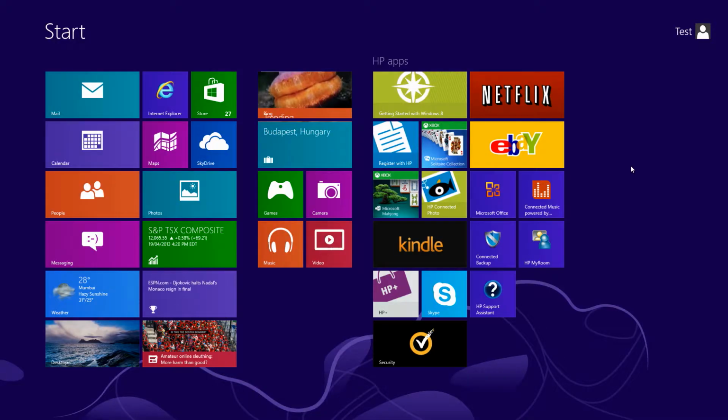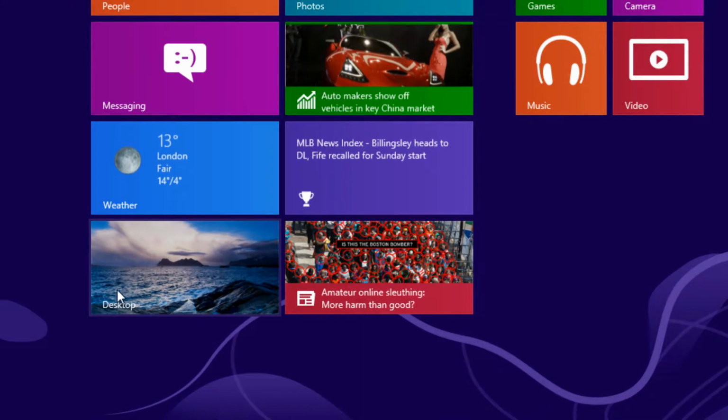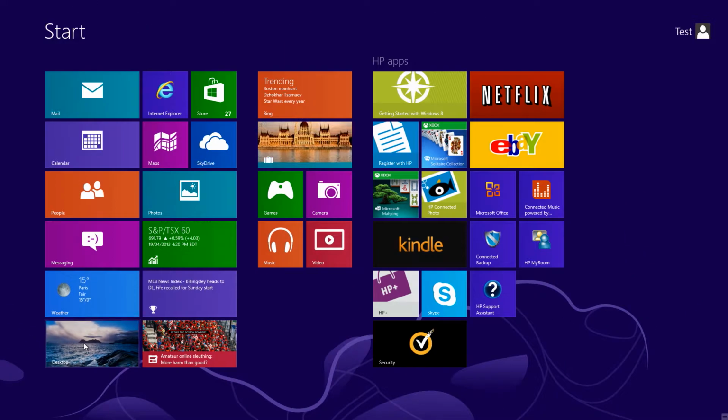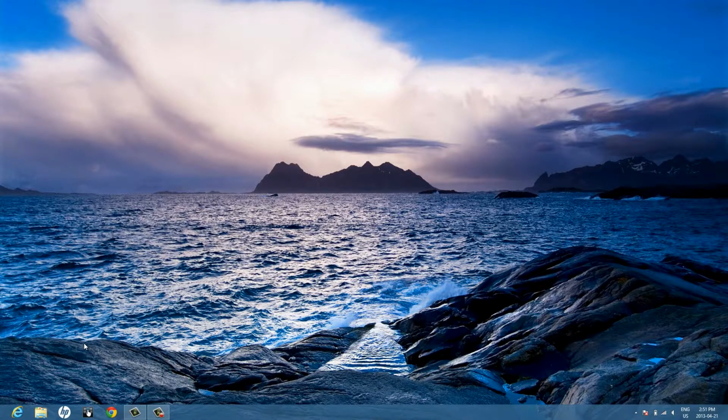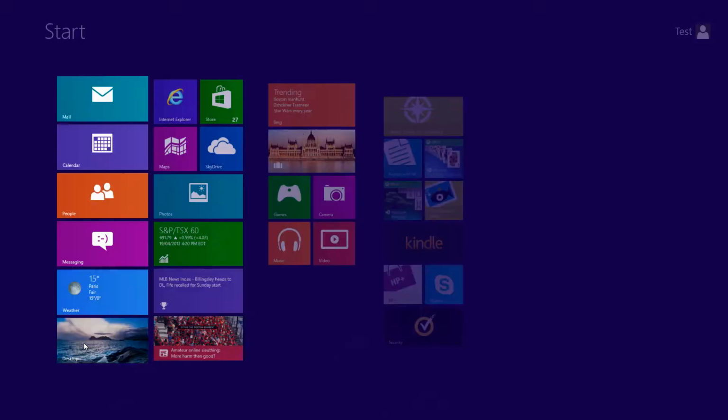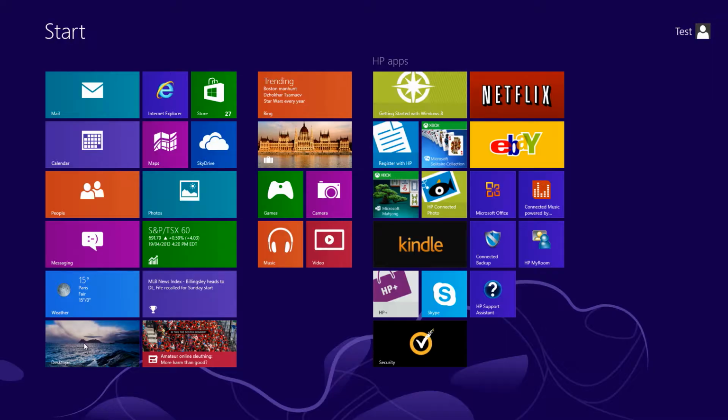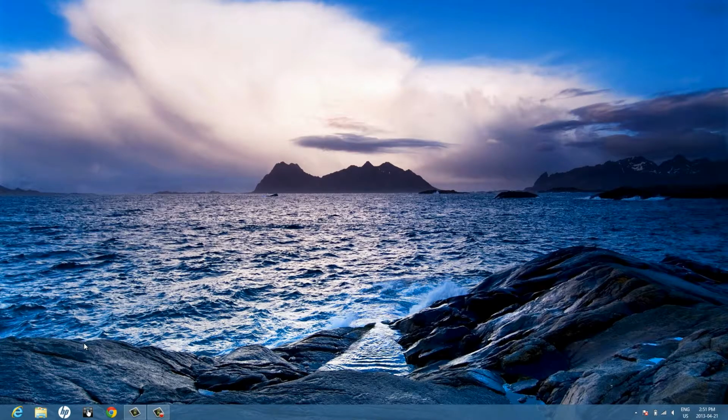So let's have a look here. This is our typical Windows interface. It's the tiled interface, and you'll see down on the bottom left there's a desktop button, and if you press that, it takes you to the desktop. If you hit the Windows key on a Windows keyboard, it takes you back and forth between the last thing you did in the modern UI. So I'm going to stay here on the desktop, and